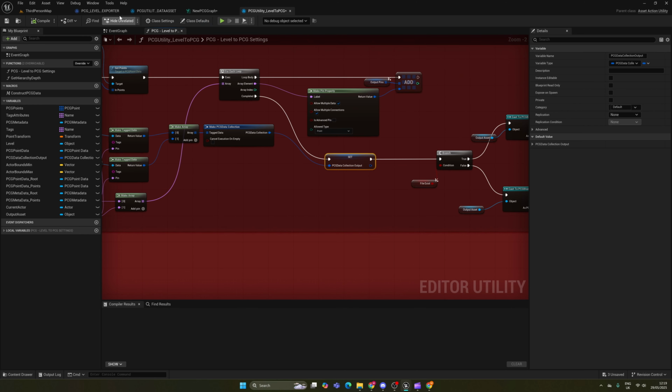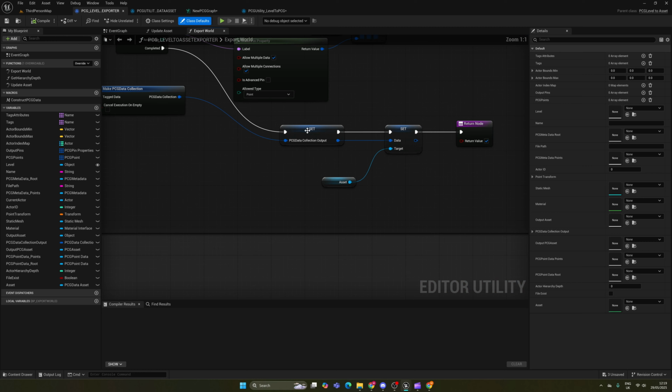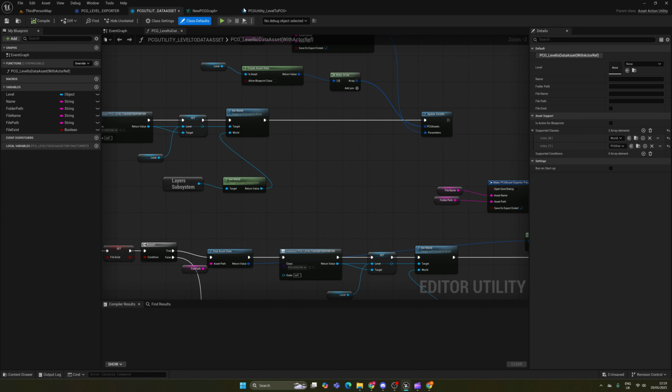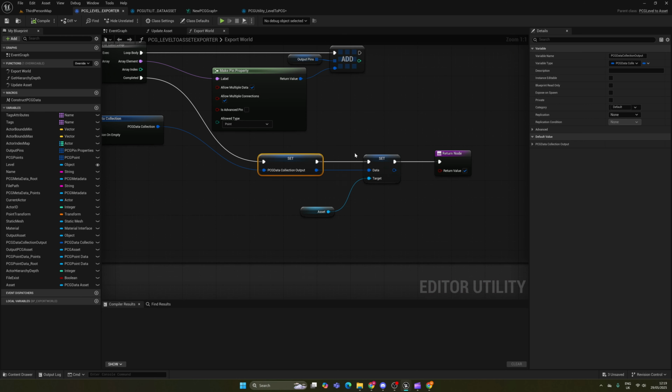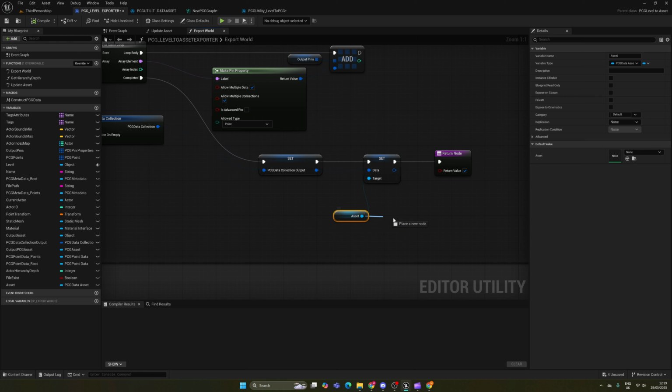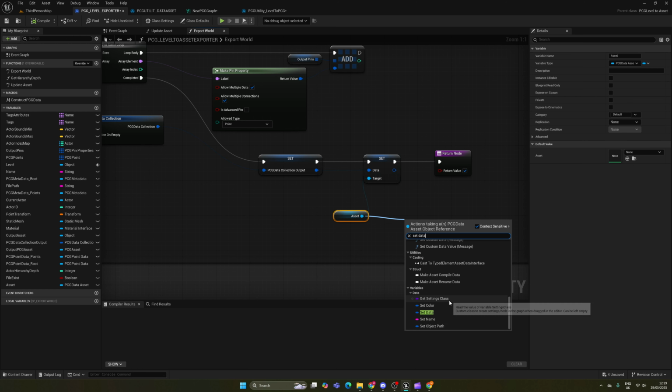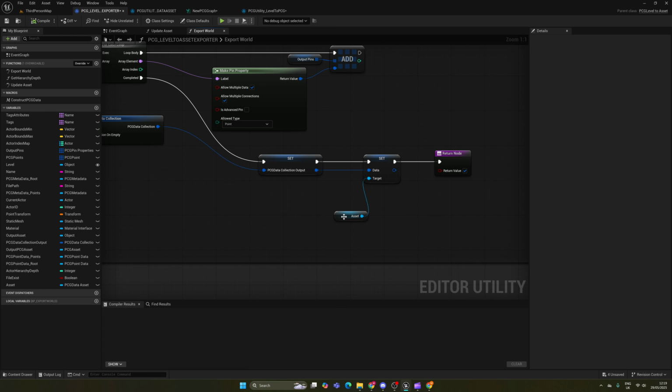And then from this data collection output node, sorry, this here, delete up to that, and then we need to get our asset, drag it out, and then you need to do set data on your asset, plug that in,